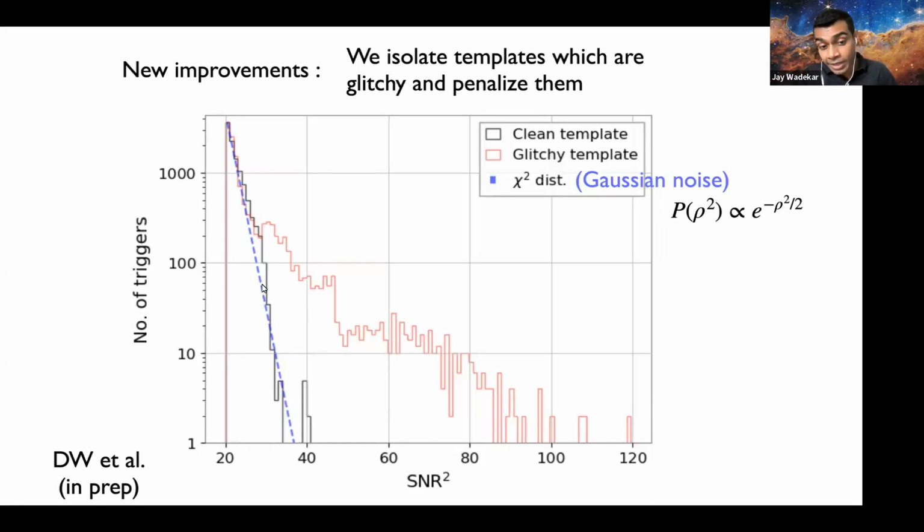I mean, it doesn't go down with SNR. So, for example, if you have an event with SNR squared 100, and that event occurs in the clean template, you can say that event is quite a bit more significant than if it happens in a glitchy template. So this increases the sensitivity of our pipeline to some of these